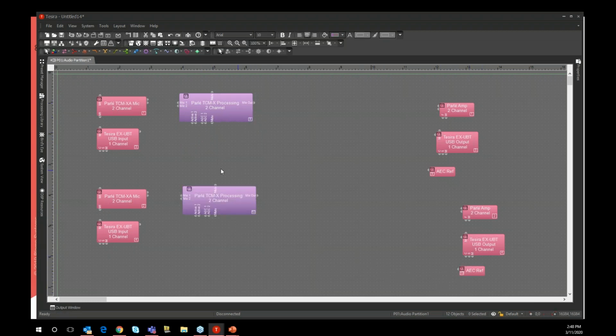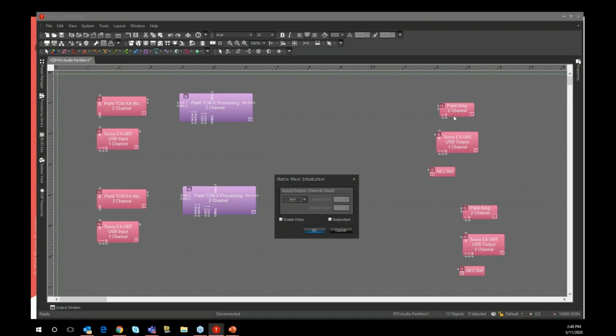So now in this case, I have an EXUBT and 2 microphones. I have that mixed down to 1 mix output. So I actually need 2 inputs per room. So room A is here at the top, room B at the bottom. So I need a 2-input matrix mixer. Sorry, I can't talk. A 4-input matrix mixer. And I need 3 outputs per room. So it's going to be a 4x6